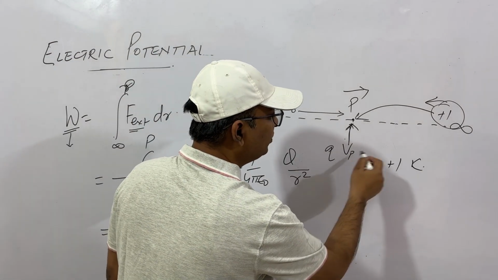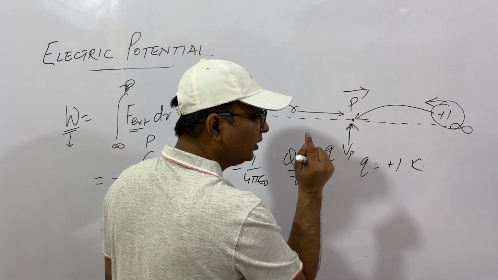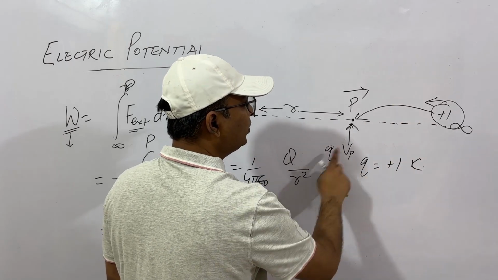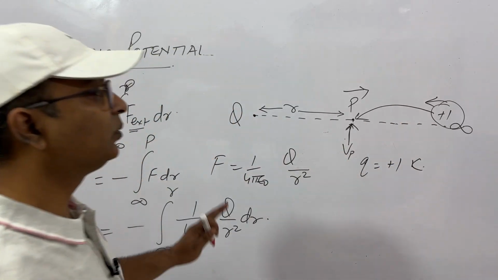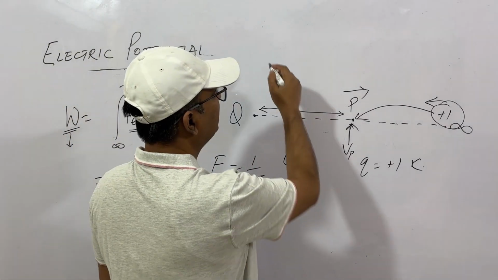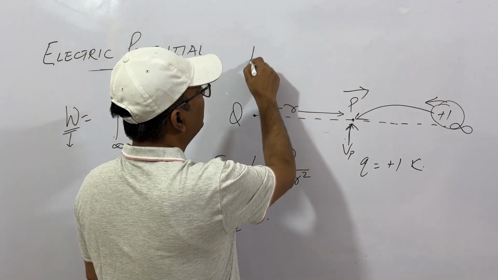That will be Q into Vp, because Vp is for unit positive charge. So if the charge is Q, the work done in bringing that Q charge will be Q into Vp. So you get what is electric potential, the definition. According to the definition, it says work done